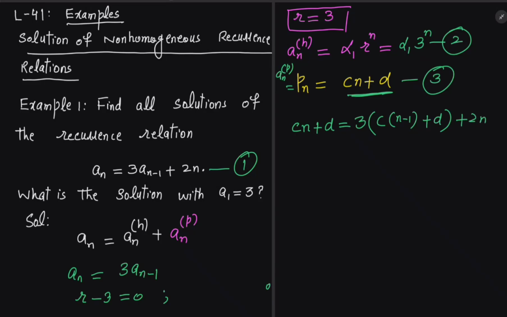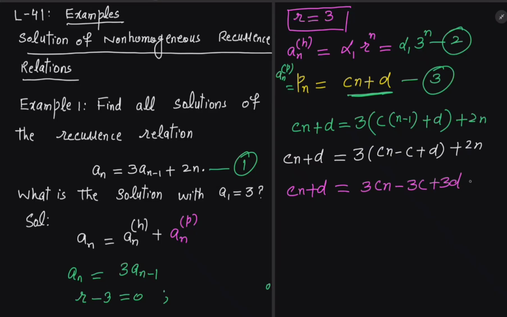Okay. Now what we do, we expand and solve these two equations. So cn plus d will be equal to 3 cn minus c plus d plus 2n, and cn plus d equals 3cn minus 3c plus 3d plus 2n. And after simplification,